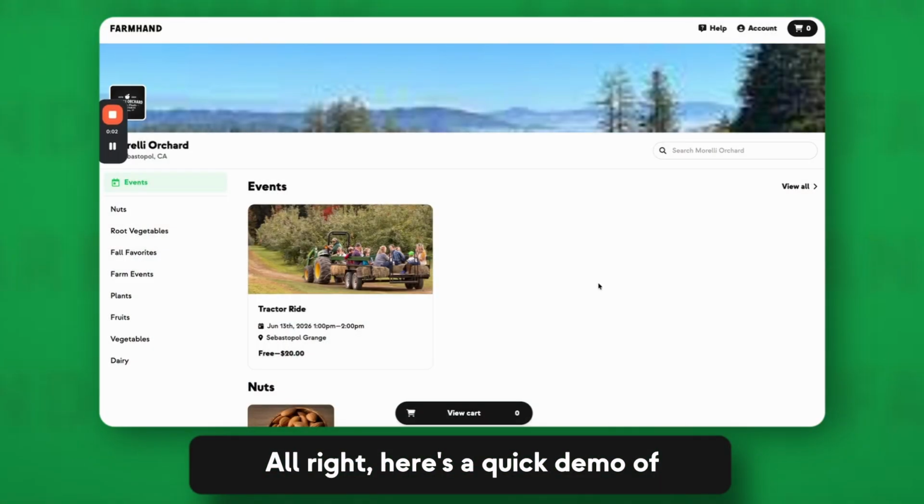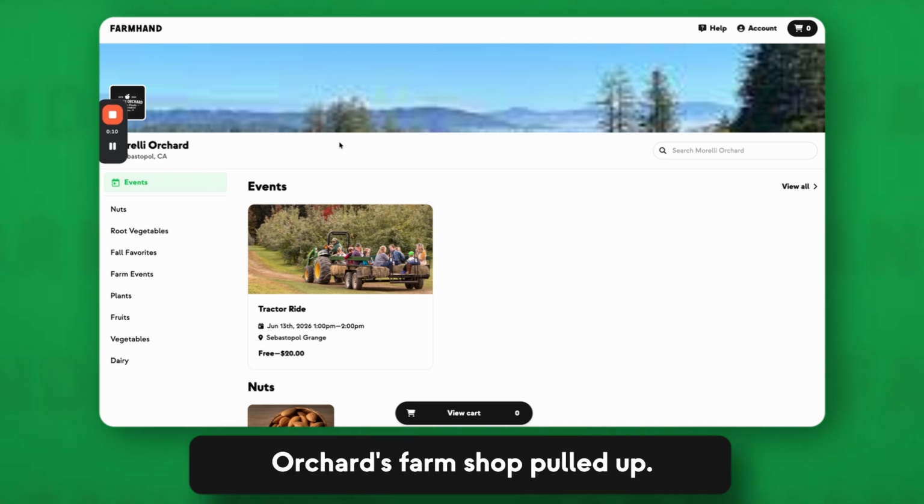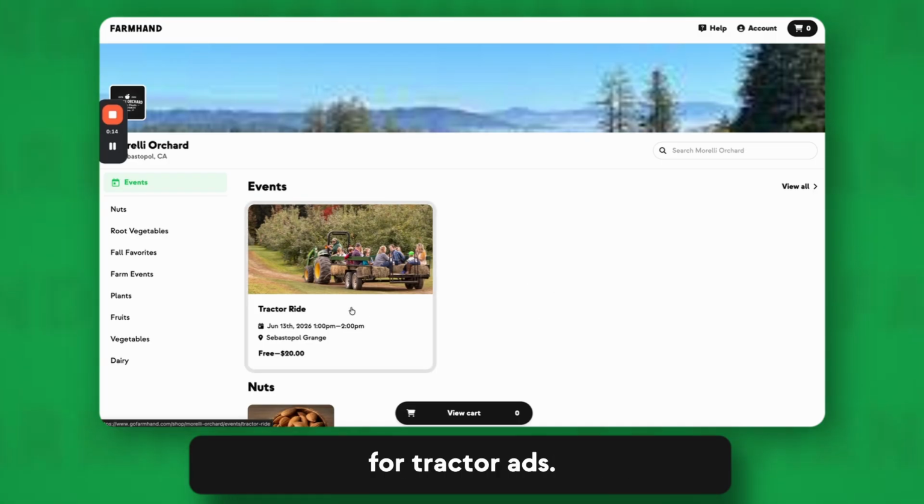All right, here's a quick demo of the event ticketing experience for customers on Farmhand. So I have Morelli Orchard's farm shop pulled up, and I see an event listing featured at the top of the page for tractor ads. If I click through,